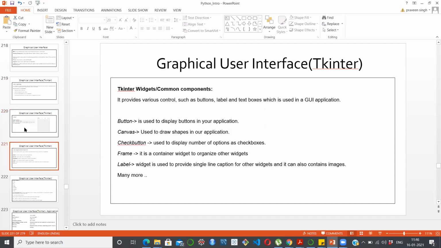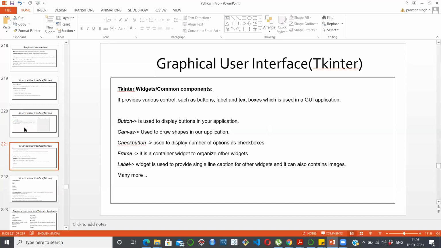Now, Tkinter widgets, the common components, provide various controls such as buttons, labels, and text boxes, which are used in UI applications. Button is used to display buttons in your application.